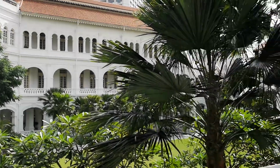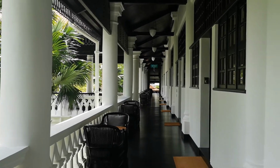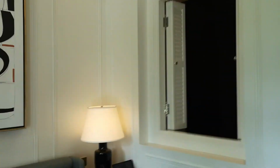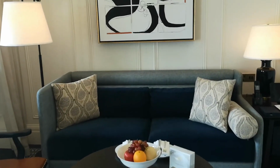Hello from the incredible, fully restored Raffles Singapore hotel. We've just checked in to room 202 and I want to give you a quick video tour of the remodeled property. This is the suite's living space